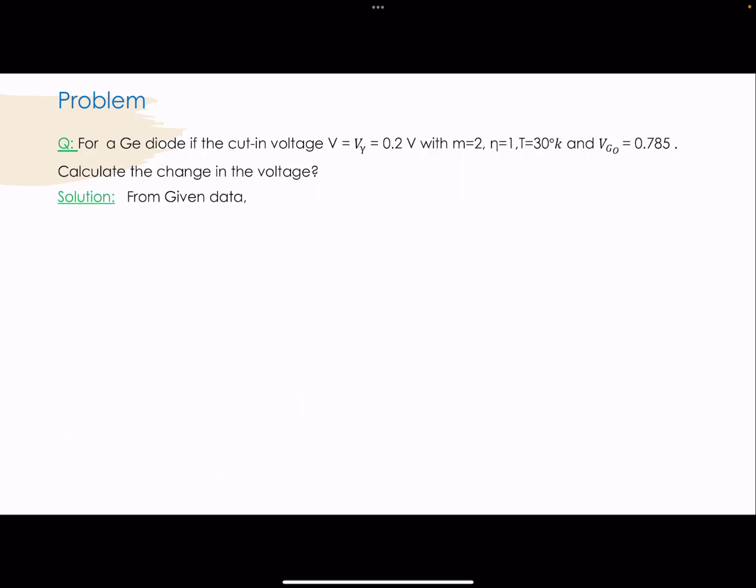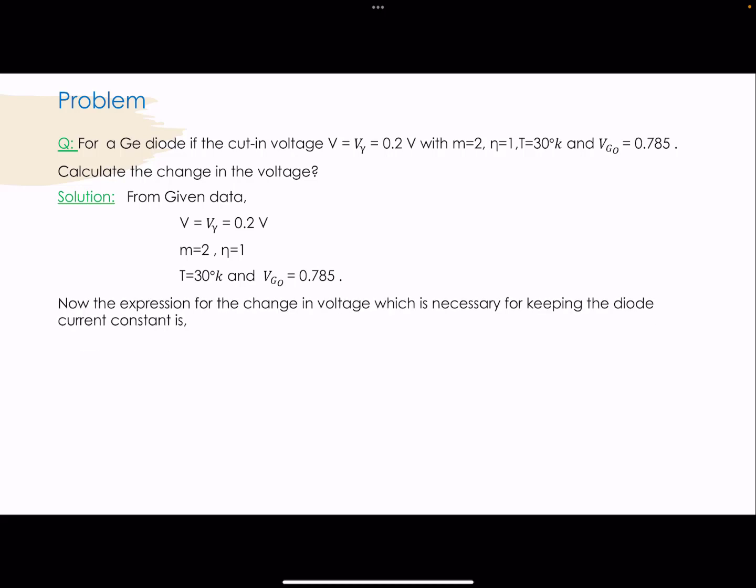From the given data, the value of V is equal to V gamma, given as 0.2 volts, m is given as 2 and eta is equal to 1. T is equal to 300 degrees Kelvin and Vg0 is equal to 0.785 volts. Now we know the expression for the change in the voltage which is necessary for keeping the diode current constant as dV by dt is equal to (V minus Vg0 plus m eta Vt) by T. Now substituting the given values in this expression we get